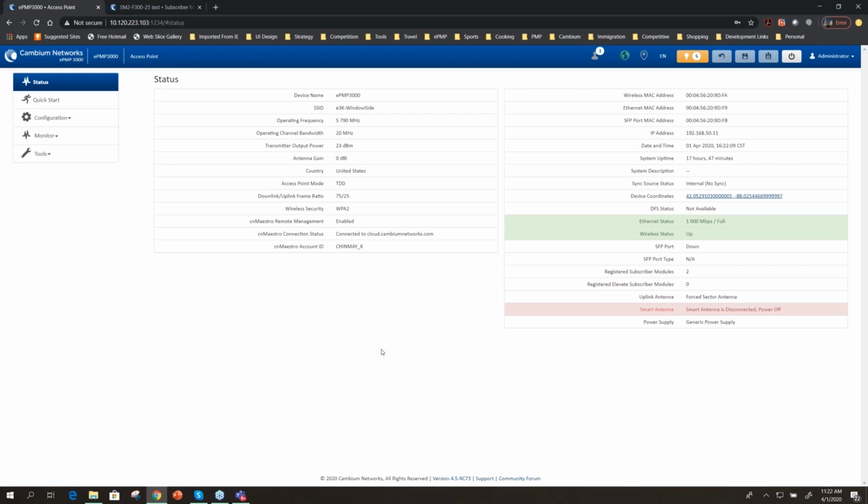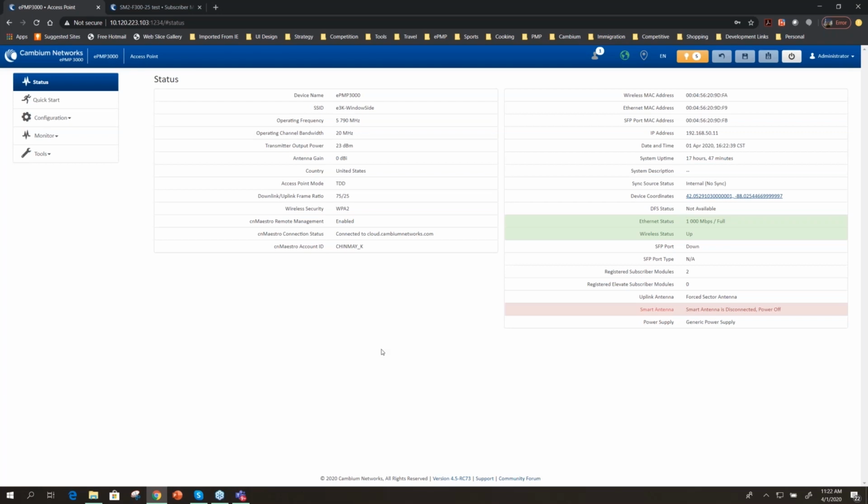So upgrading your system to the latest software is step number one in running a stable network. We've had challenges in the early releases of 4.4.1, 4.4.2 with backwards compatibility, but with 4.4.3 things became very stable. If you haven't done so yet, use cnMaestro. During downtime, use cnMaestro to push the software to all of your subscriber modules. Make sure they're upgraded to 4.4.3.